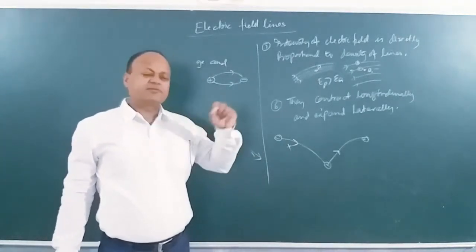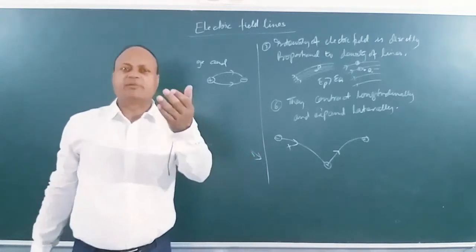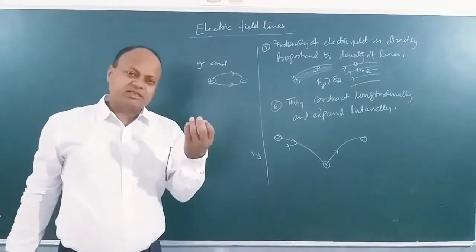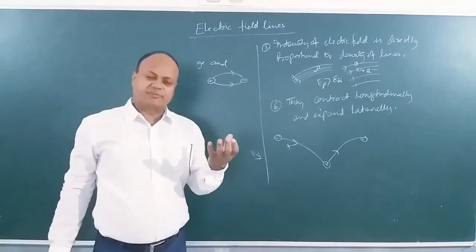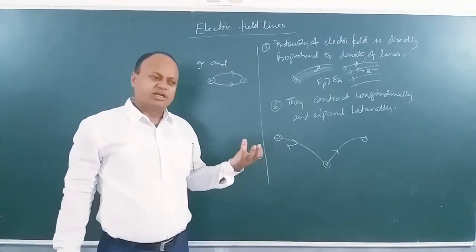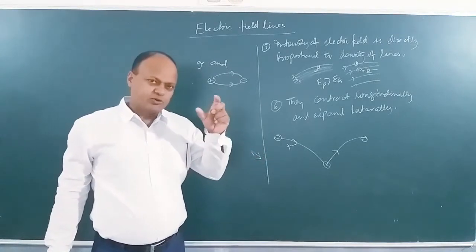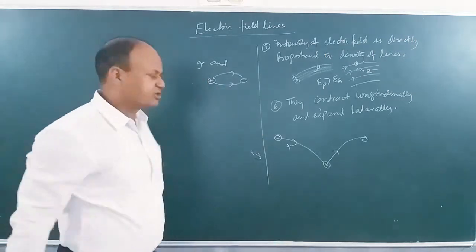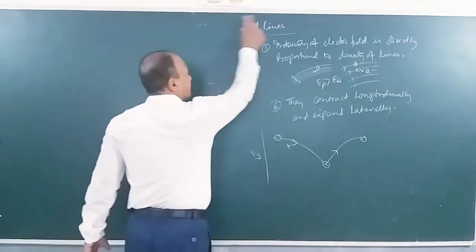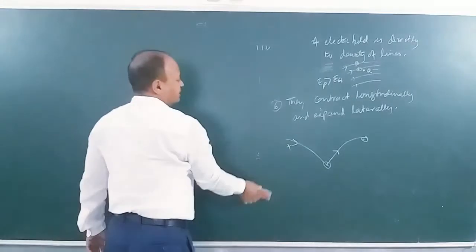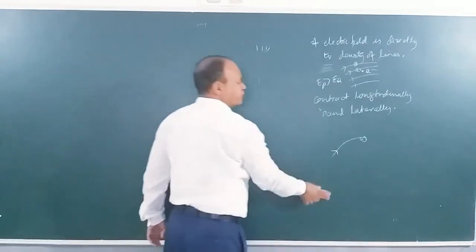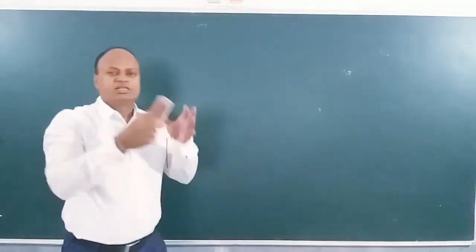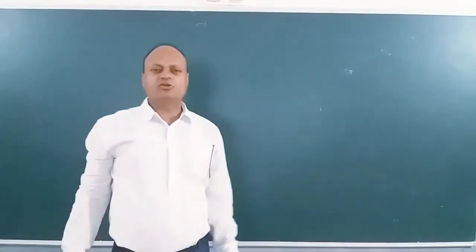You can smile. Electric field lines can be visualized as what? Light coming into your room through a window, or light emanating out of a bulb which is kept on. Similar concept we are going to use here. Just like the rays are shooting away from a source of light, electric lines of force are also shooting away from a charge. And the next important point you discussed is when the field lines are closer, the electric field will be stronger, and when the field lines are separated, less dense, the electric field is also weaker.